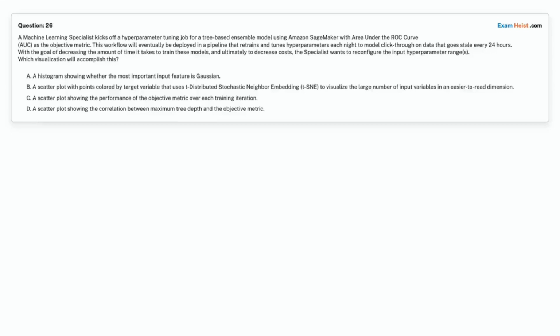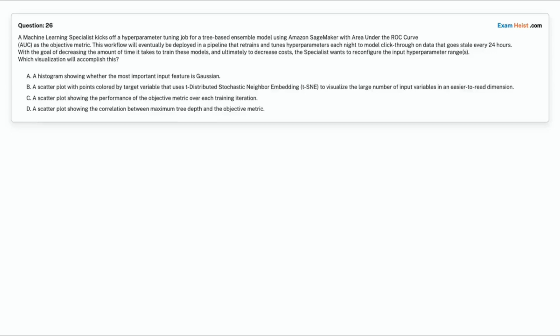Option A. A histogram showing whether the most important input feature is Gaussian. Option B. A scatter plot with points colored by target variable that uses t-distributed stochastic neighbor embedding (t-SNE) to visualize the large number of input variables in an easier-to-read dimension.